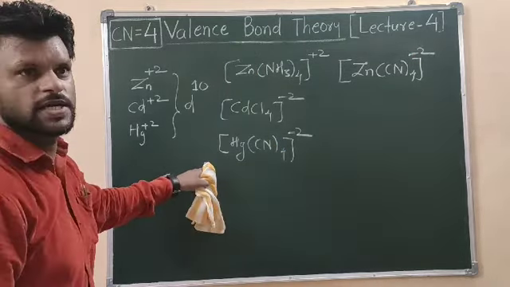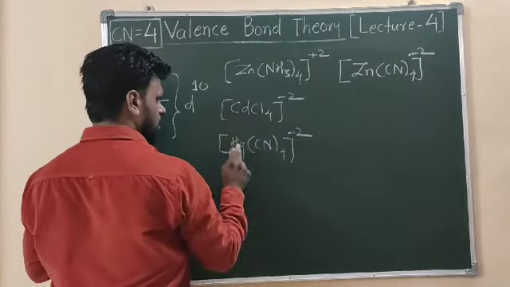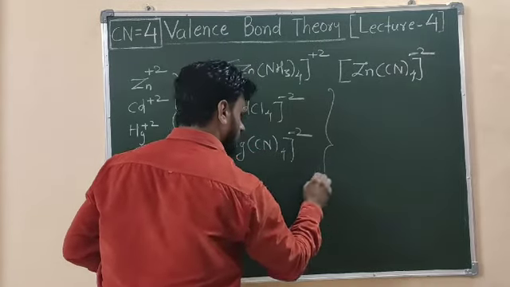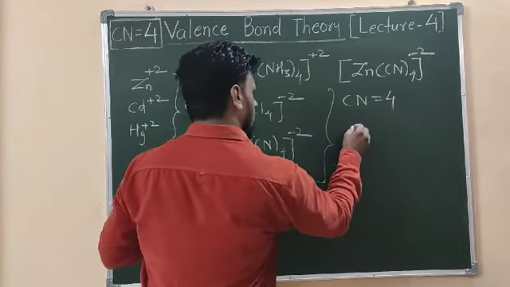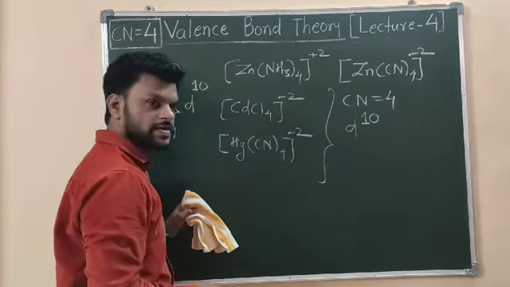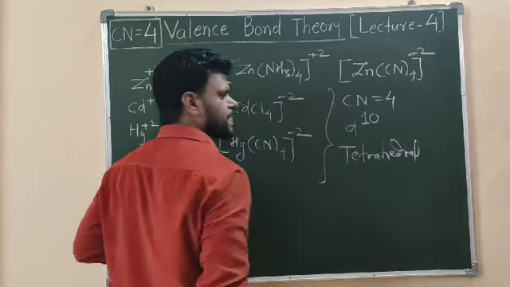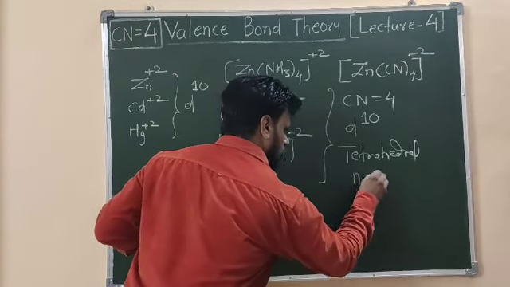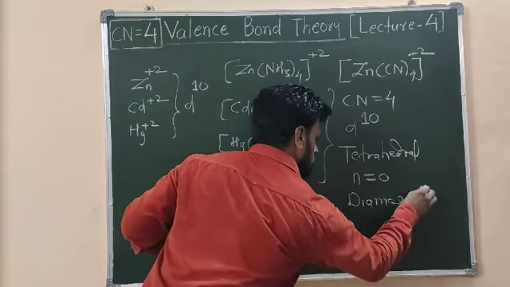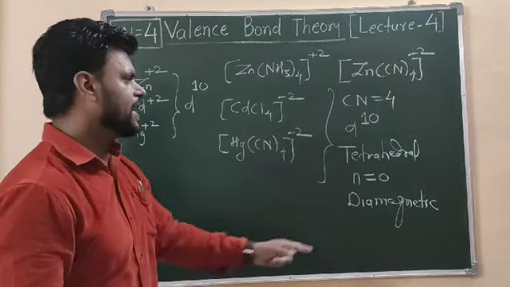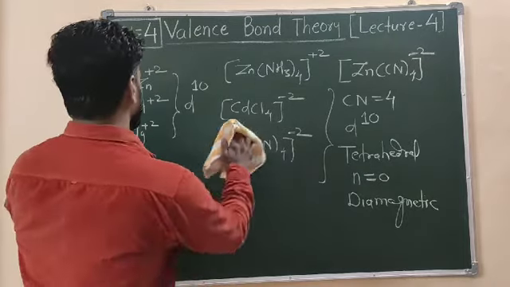So in all these complexes, you might have realized that we have the zinc plus 2 ion, cadmium plus 2 ion, mercury plus 2 ion. Remember that all these complexes have coordination number equal to 4, right? And all are d10 electronic systems, and hence we will have only tetrahedral complexes. Moreover, the number of unpaired electrons in the complex is 0, and hence these are diamagnetic complexes. You should have knowledge of the ligand as well as the metal ion electronic configuration. Moving further for more discussion.